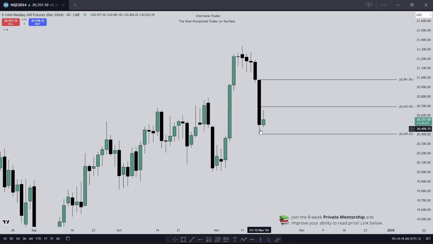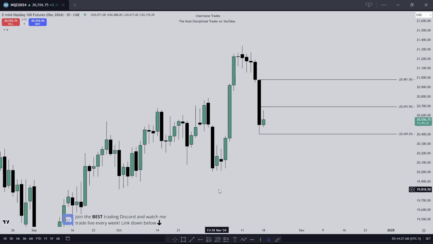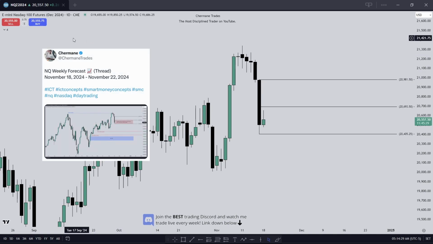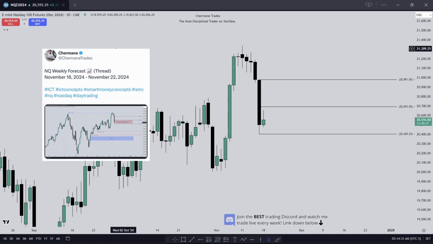If you're bearish, and we have a large down closed candle, energetic candle like this, ideally you want to see price respect the lower half. If you're expecting sell side to be tagged, which we are, you can look up here on Twitter. I shared that I'm expecting lower prices.